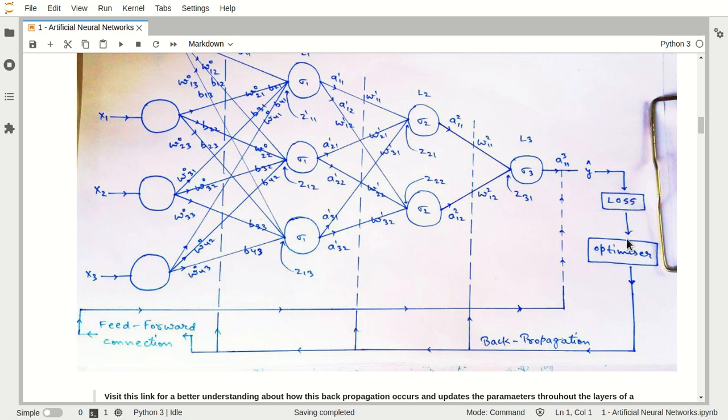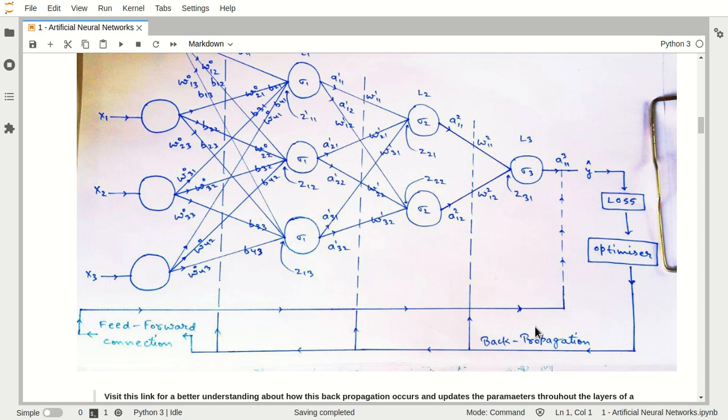Inside this optimizer we will use some optimization algorithms, which may be your BGD, MBGD, SGD type of optimizers, or some momentum-based optimizers like AdaGrad, AdaDelta, RMSprop, Adam, Nadam, or NAG. There are lots of optimizers available here, and we will introduce each of them in sequence. So here we will do some optimization, and then we will do backpropagation.